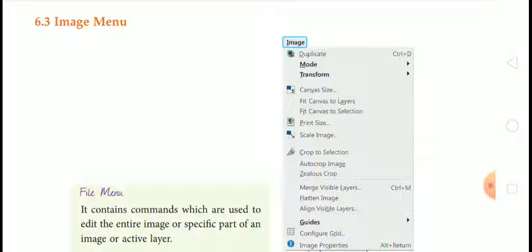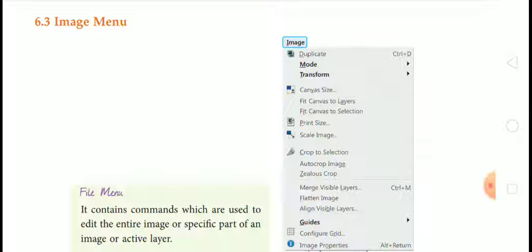If you want to fit your canvas to the size of your layer, you can click on the particular option and it will be set according to the size of your layer. The next is fit canvas to selection. If you want to fit your canvas to the selection, you can use this option.